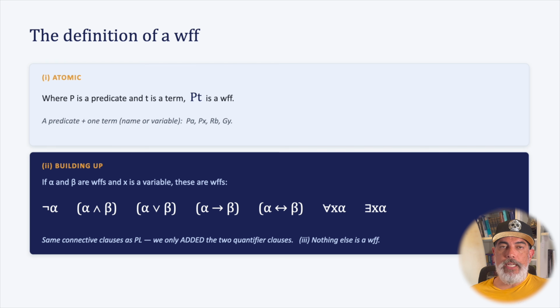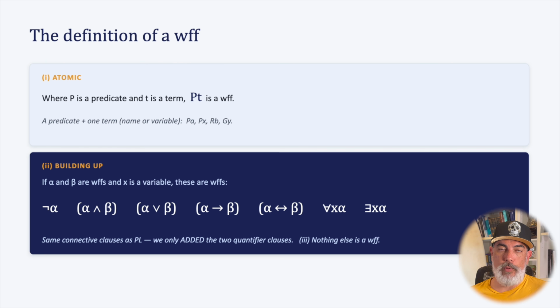Here is the complete recursive definition for well-formed formulas in MPL. First, we start with atomic well-formed formulas. This is where we combine a predicate with a name or a predicate with a variable. Predicate always comes first. The way we say that is, if capital P stands for predicate, lowercase t stands for term, then capital P lowercase t is a well-formed formula. So that might be something like Pa, Px, Rb, Gy,